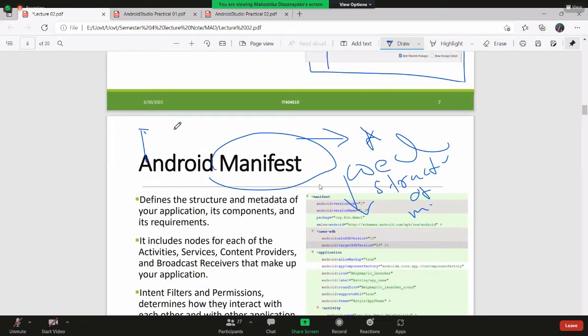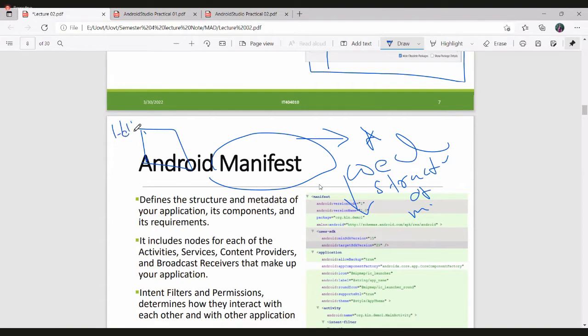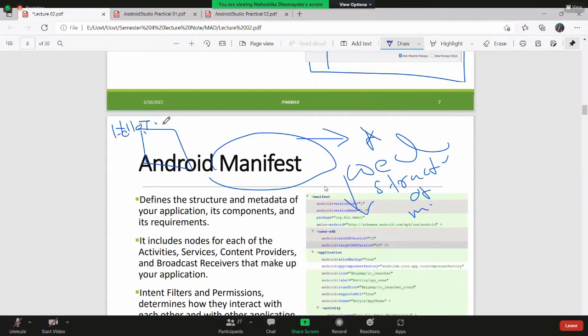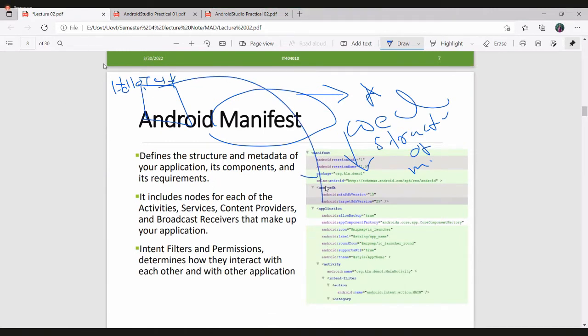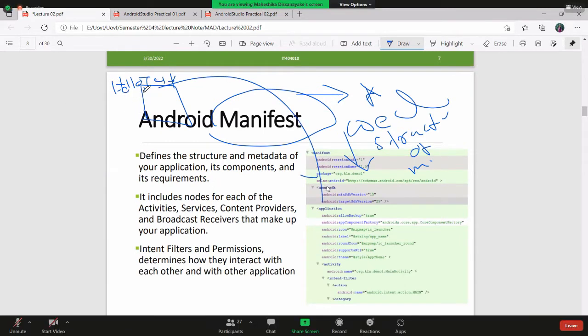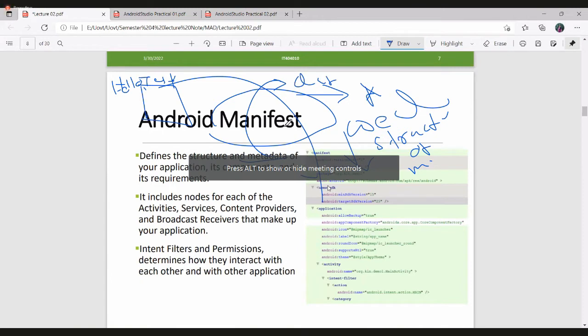As an example, let's take that I'm going to create a hello world application or a hello testing application. In this manifest file, we can find the main data structure. That means it defines the structures and the metadata. Metadata means data of the data. Metadata of your applications, as well as what are the components and their